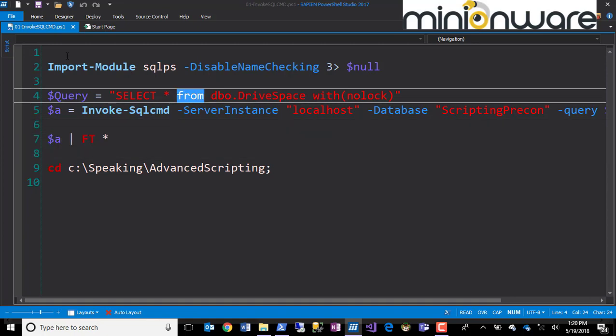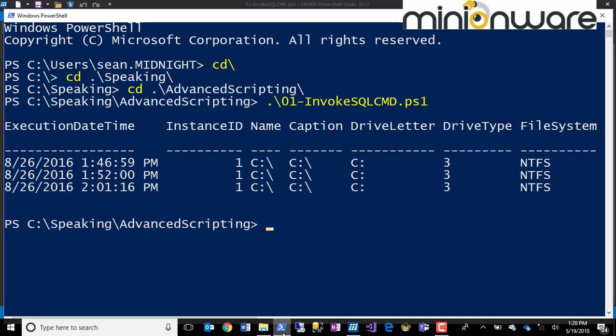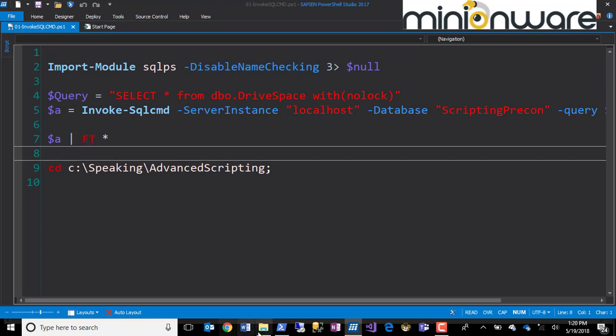Let's go ahead and call this one. This is 01. So let's run .\01. There we go. It'll take a second for it to fire up. I just fired up my box and all that, so everything's still warming up. There we go. Okay, so I'm pulling back this info. Nothing special about that, right? I queried a database, I got data back. And you see, I just put that into a format table and pulled back all the rows, right? Now let's take a look